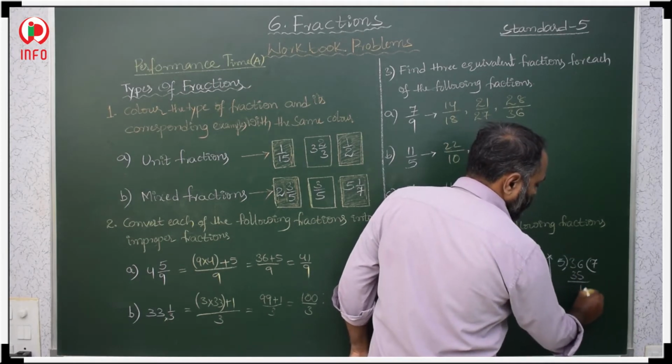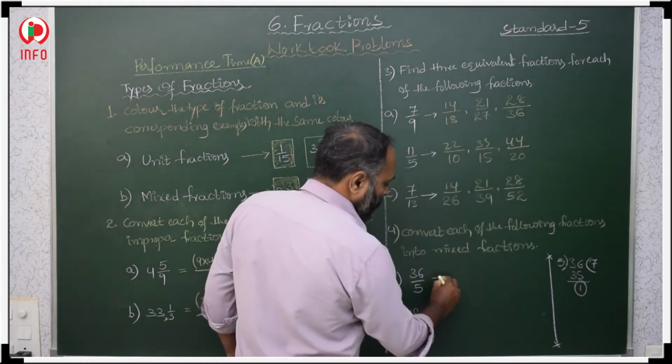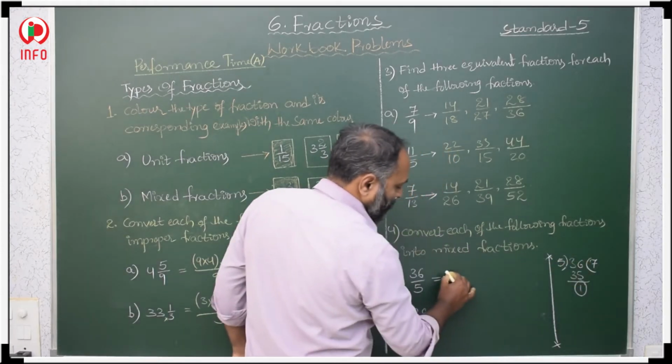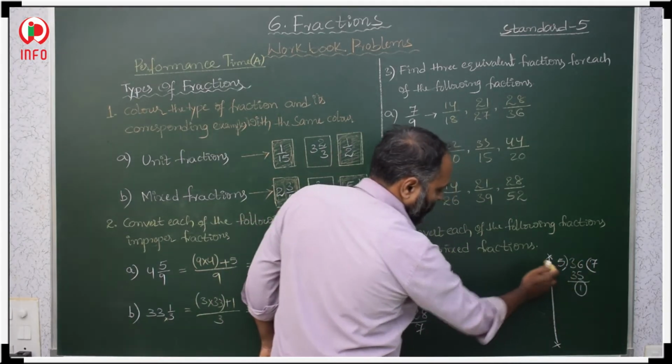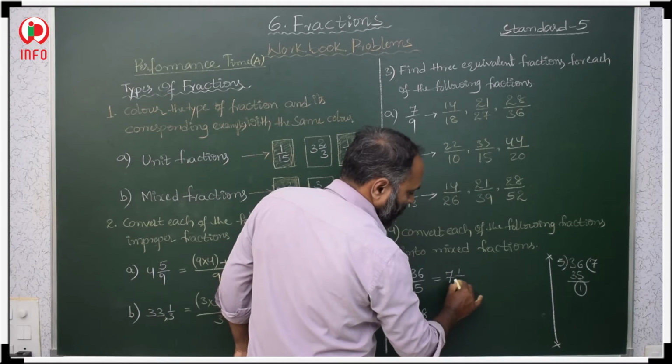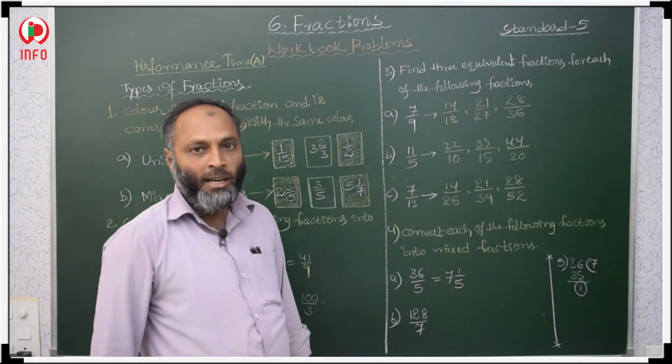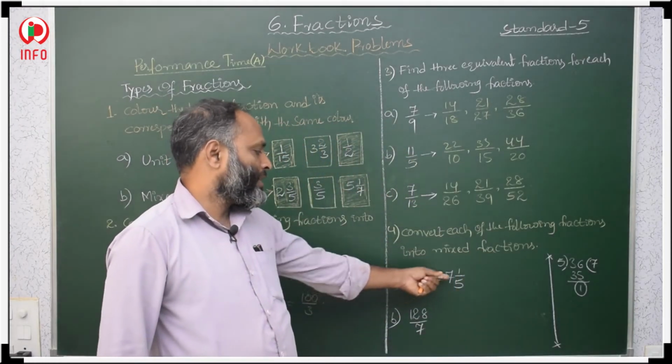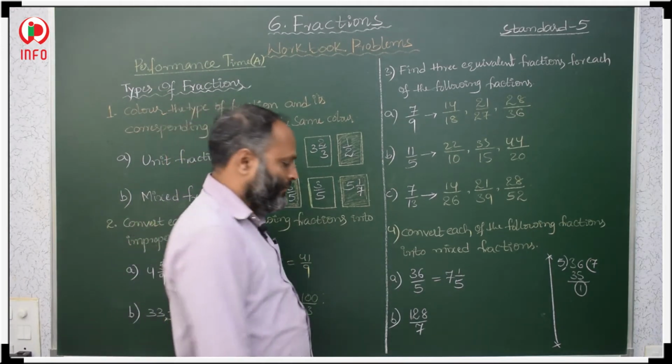Then 6 minus 5 is 1. So, how to convert? We have to take the quotient first, then remainder by divisor, remainder by divisor. So, this is the conversion of improper fraction into mixed fraction. Here,